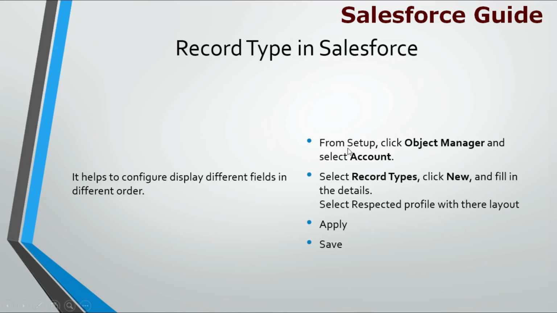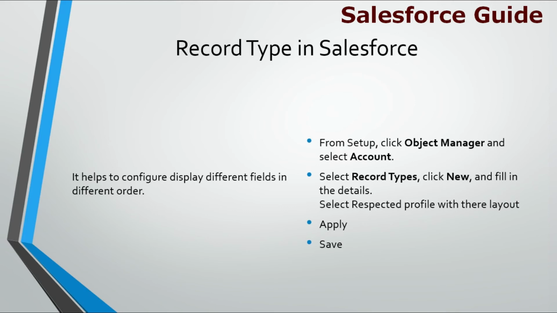Hello guys, so now let's learn about record types in Salesforce. Record type is a feature provided by Salesforce. It's related to an object, where you can filter some of the picklist values depending on a profile. Suppose we have a picklist value called number of locations. It can be 1 to 100, anything, but depending on the profile, you may want to specify a particular value only. A senior manager should have 100 locations, a junior should have only 10 locations.